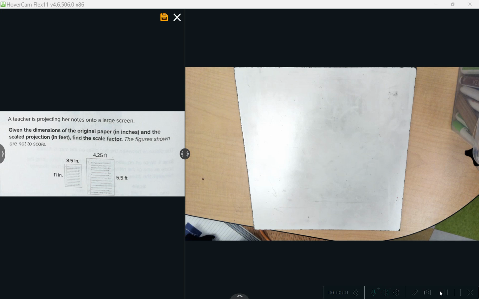Okay, so today we're going to find the scale factor by using one of the lanes. Our example is a teacher projecting her notes onto a large screen. These are the dimensions of the original paper, listed in inches, and we're going to find out what the scale factor is for the projection, which is this one here. The first thing we need to do is convert and make sure that our units are